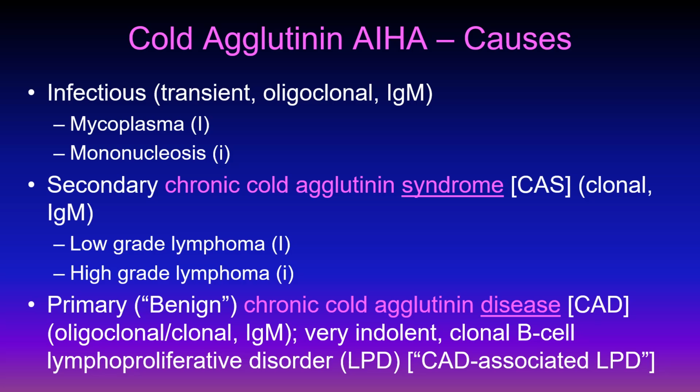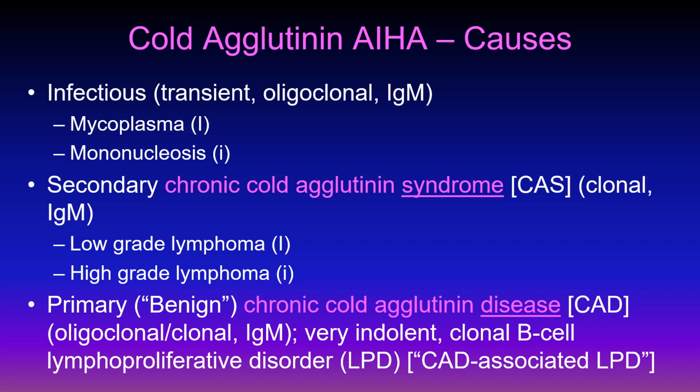What causes cold autoagglutinin disease or cold agglutinin disease? Sometimes it's due to infection. If it is an infection like mononucleosis, it's transient and it disappears. We're not going to talk about this. All of you who are attending this meeting are going to have either secondary chronic cold agglutinin syndrome due to